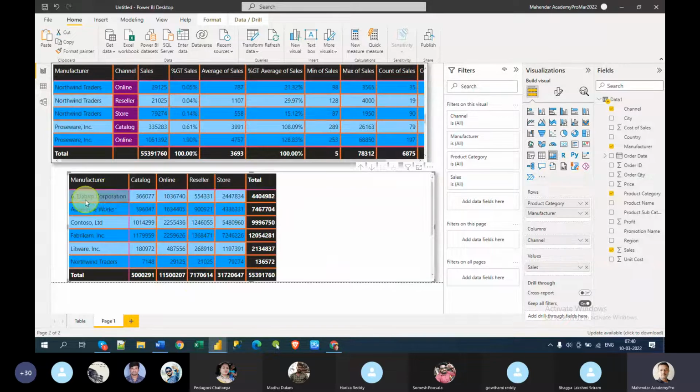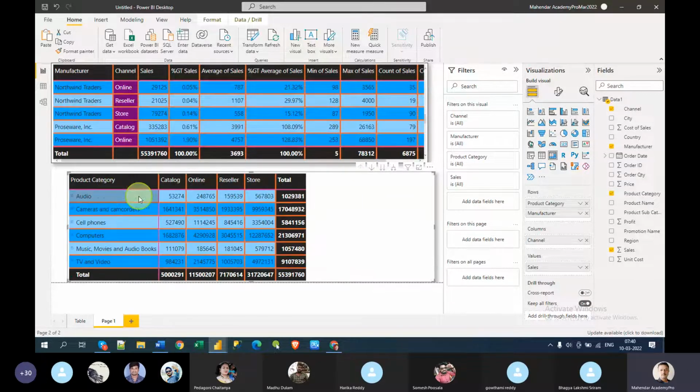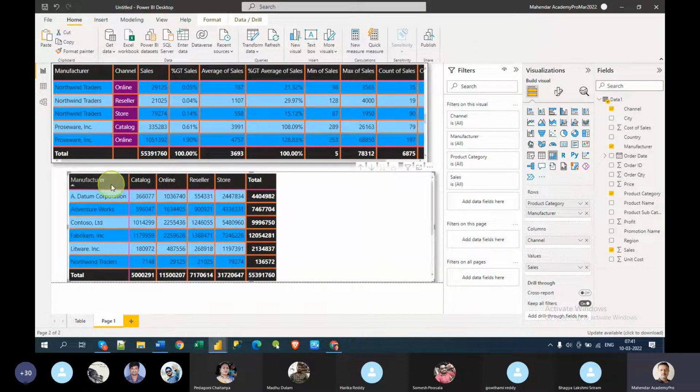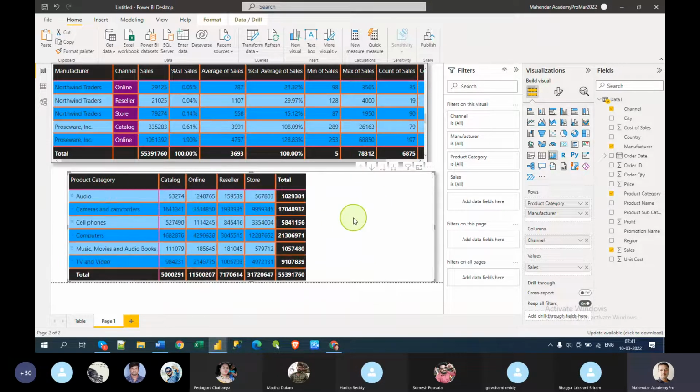Now you see manufacturer. These are all actually manufacturers. See the manufacturer. Now if you go up, you will see product category. Just observe this. I didn't do anything, this is just the next level in the hierarchy. This will completely change; a single table will work differently.